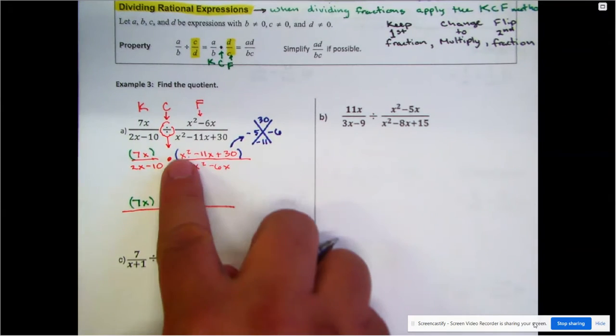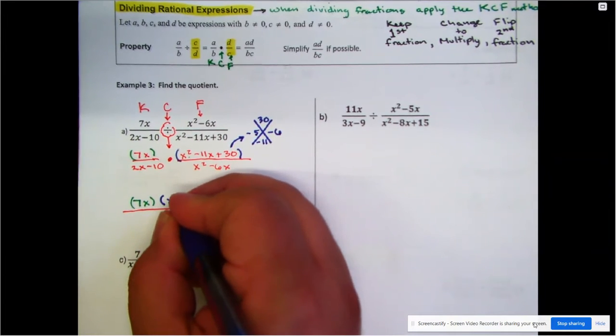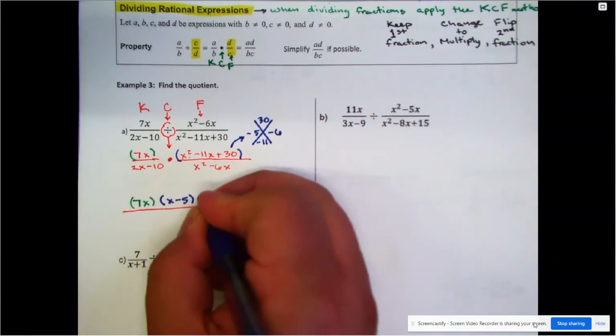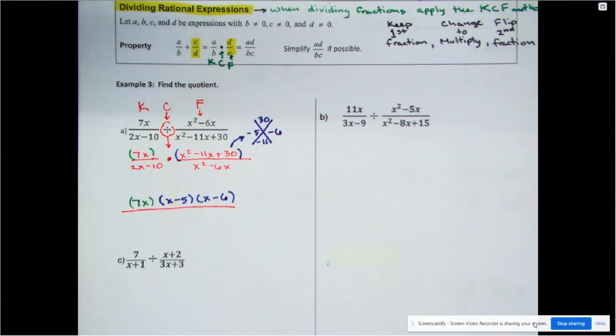And of course, because there's no a value in the front, then I can go right in and write in x minus 5 and x minus 6. There, that one has been officially factored. But we have to keep going. We still have a few more that we have to look at and see if we can do anything else with them. So when I look at the next one,